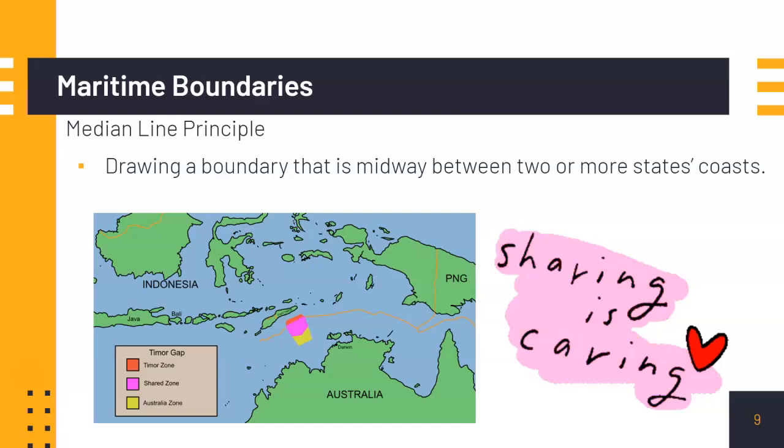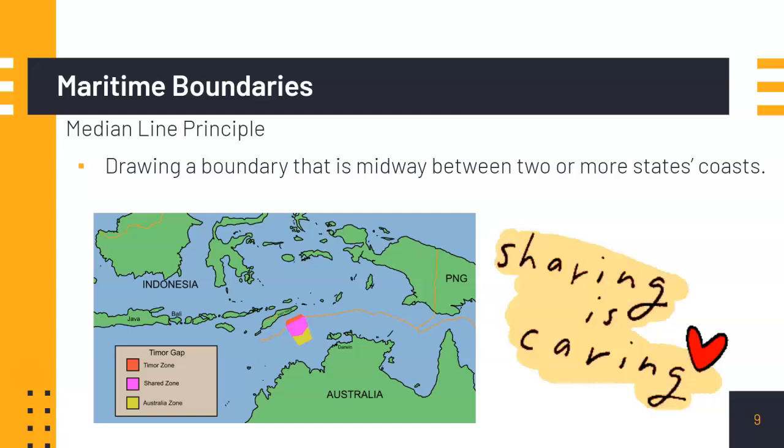Essentially, it divides the overlapping marine area into two equal parts, ensuring that both nations have an equal claim to resources in that area. This method is seen as fair because it provides an equitable solution to disputes over access to marine resources like fishing grounds, oil reserves, or natural gas deposits. For example, if two countries have coastlines that are relatively close, such as those bordering a narrow strait, the median line would be drawn halfway between the two coasts, creating a clear and balanced boundary.